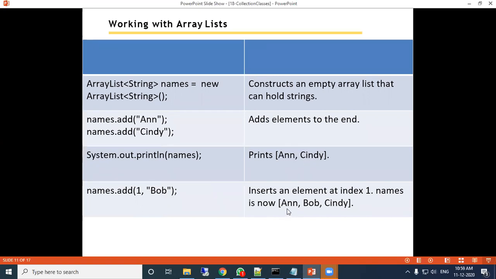That means the array list will be Ann, Bob and Cindy. So here we have used the add method to add the data. If you give the index position, it will insert the data at that particular index position. And remember, index position starts from 0.